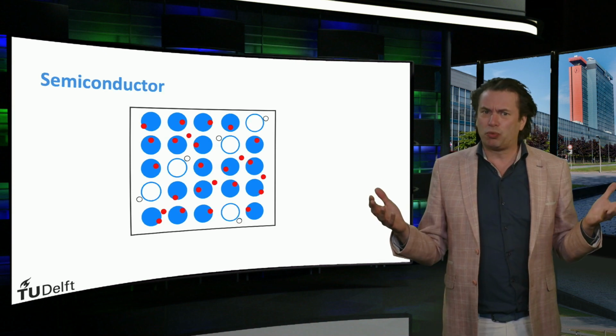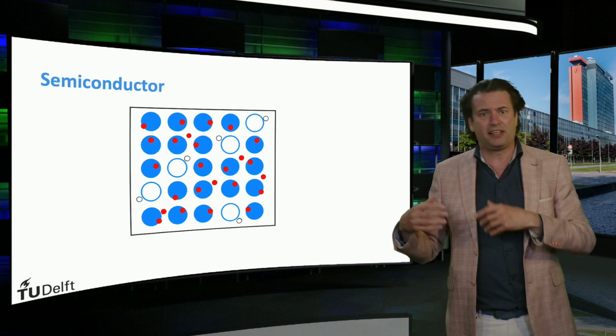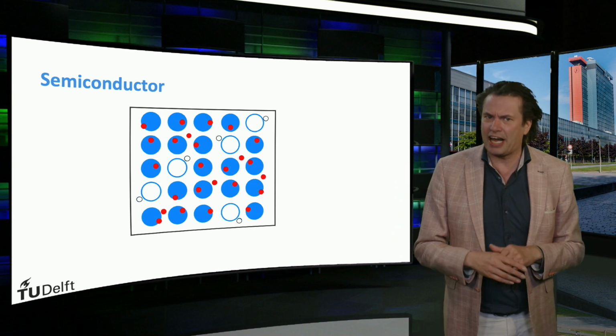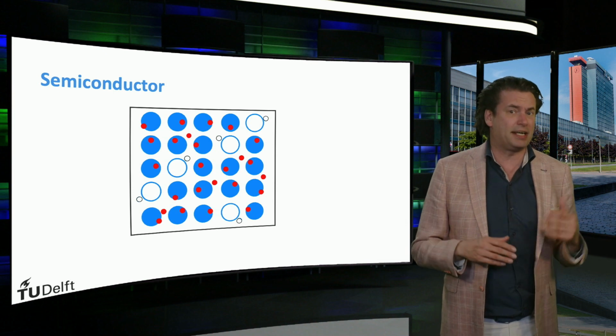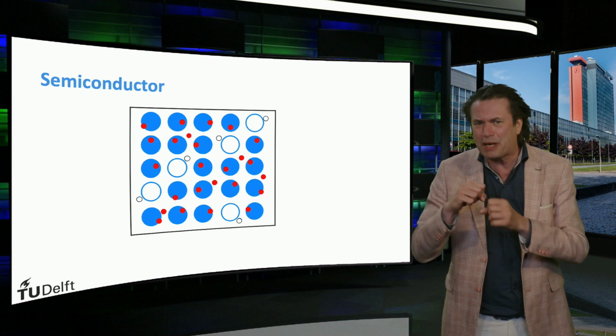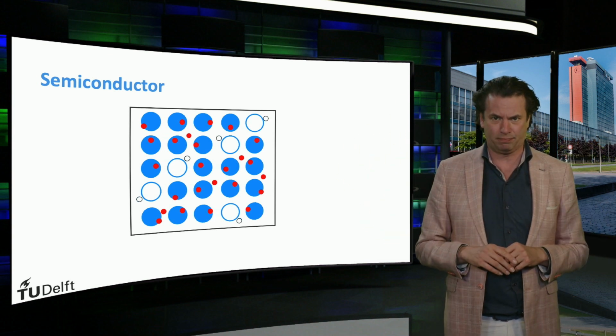Semiconductors are materials which have a conductivity between that of a metal and an insulator, depending on the conditions. The outer electrons of the atoms are more strongly bound to the background atoms than in metals, but under certain conditions, some of the electrons can leave their background atoms and become freely mobile electrons as well.